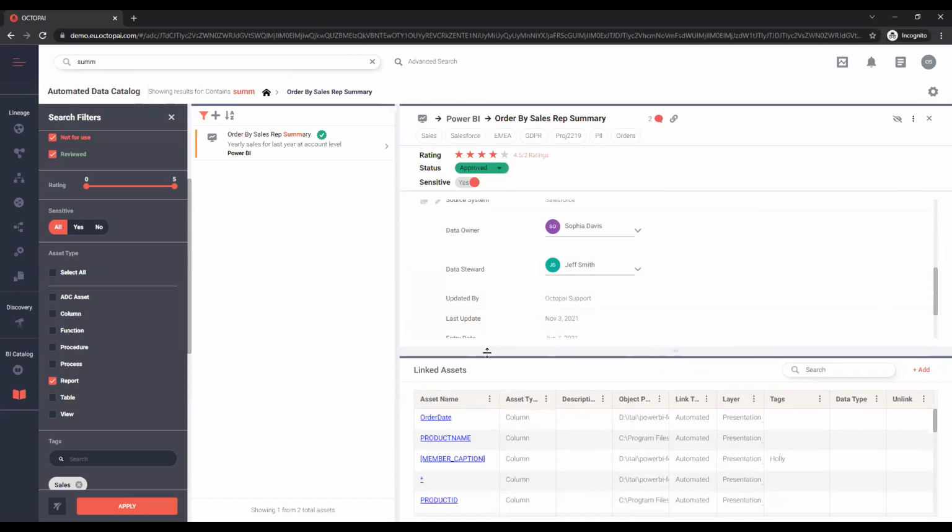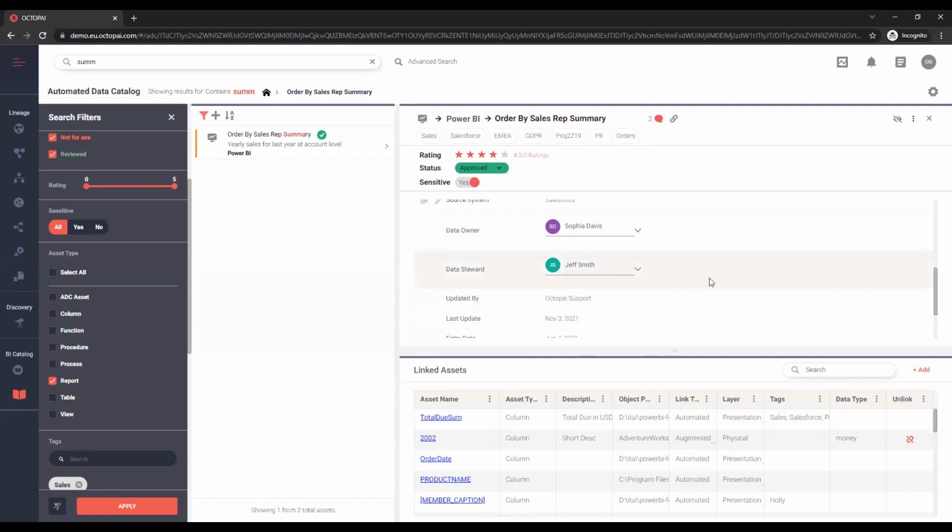Next, down here, we can see all these assets that have been linked to this report. Since this is a report, Octopai automatically links assets that come from this report, the different KPIs, the different columns, and so on. We'll take a look at this in a moment. We can also add additional links here right within Octopai. So say you want to relate this report to some type of project, which is also an asset in Octopai. You can click on add the specific project here to the linked assets for the report.